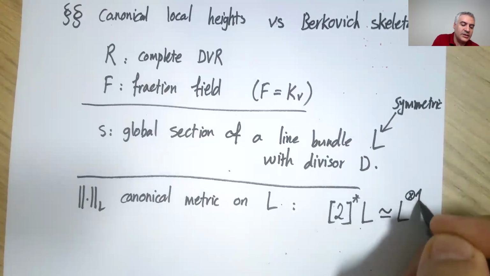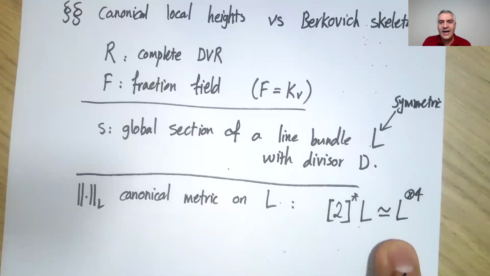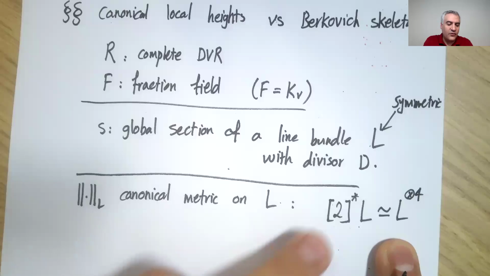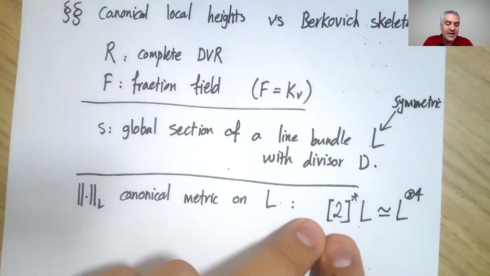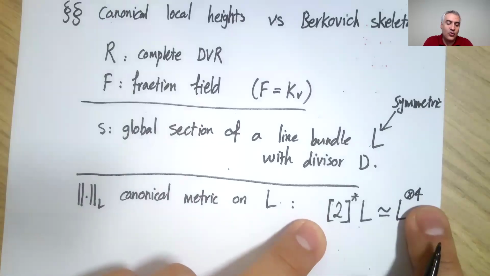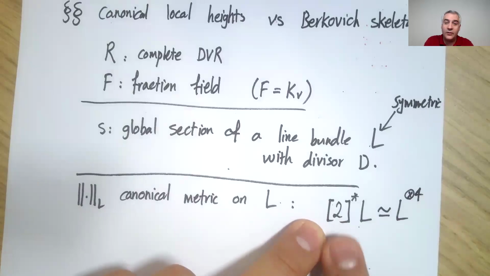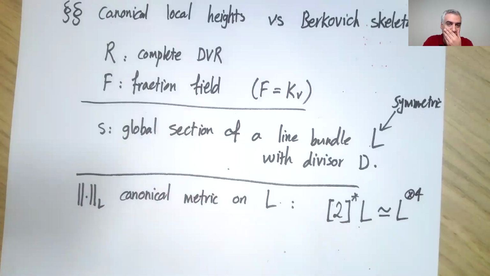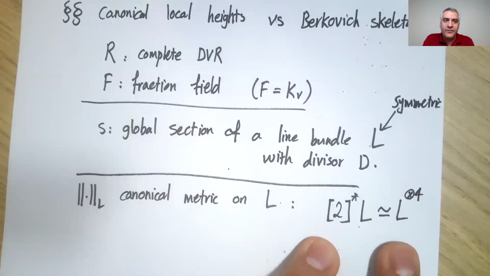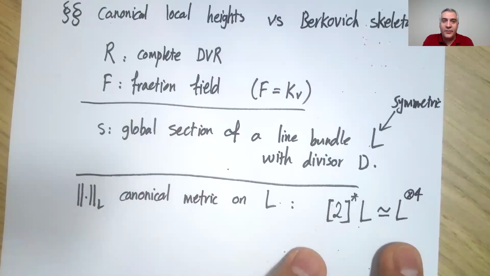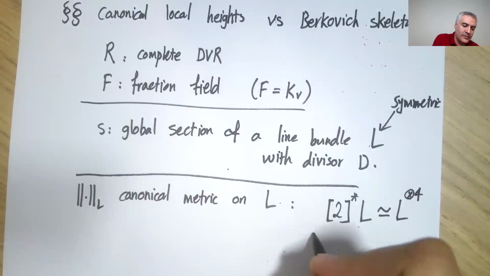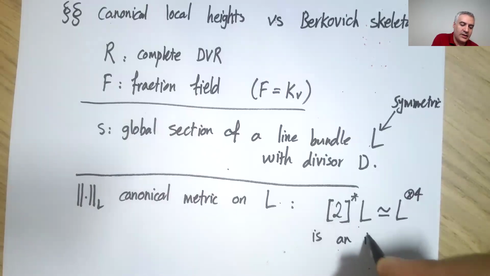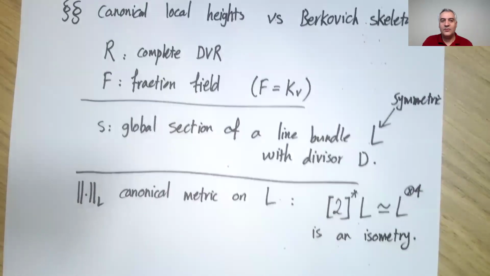a line bundle which is the 4th power. This is a general fact. In fact, there is a formula for any n. In the symmetric case, it's going to be n squared here. So 2 gave you 4. If I pull back by 3, it will be L^9 and so on and so forth. So this is an algebraic isomorphism. You can say I want a metric on L such that this turns into an isometry. So you can say this is my wish,